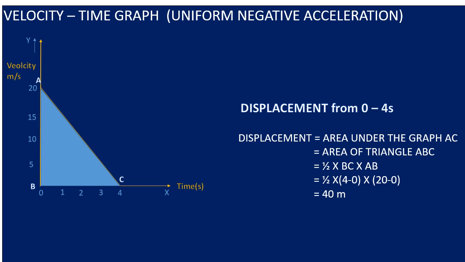So children, I think it is clear to you that velocity time graph is the graph that is used to find out the variation of velocity of an object with respect to time, and through velocity time graph the slope gives us acceleration, whereas the area under the graph gives us the distance covered by the object or the displacement occurred by an object in a particular time interval.